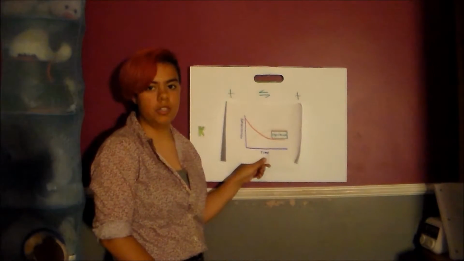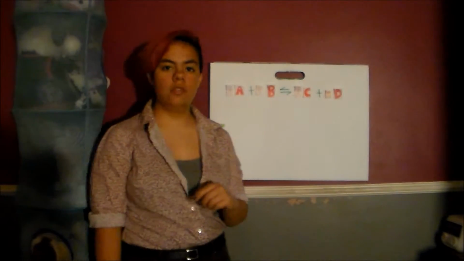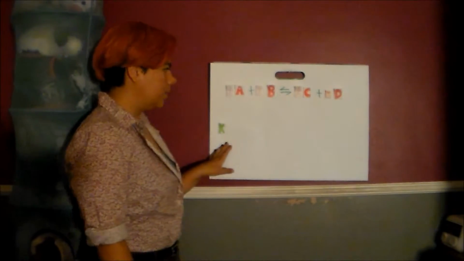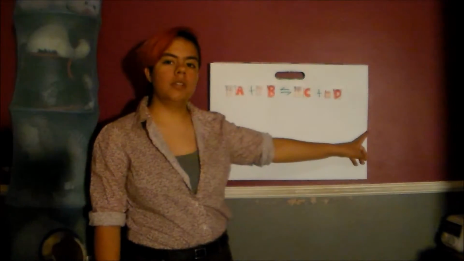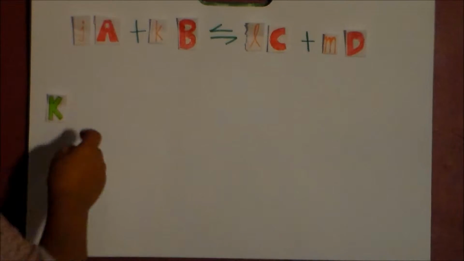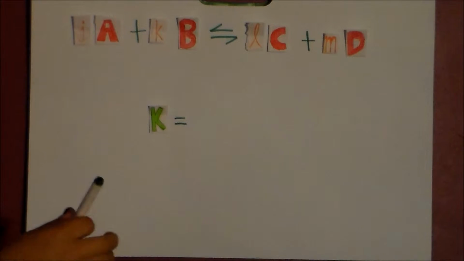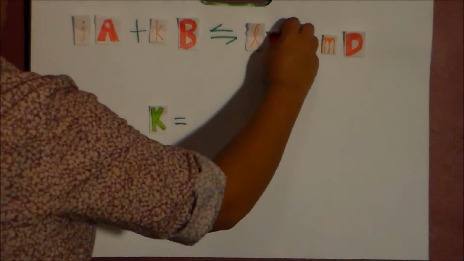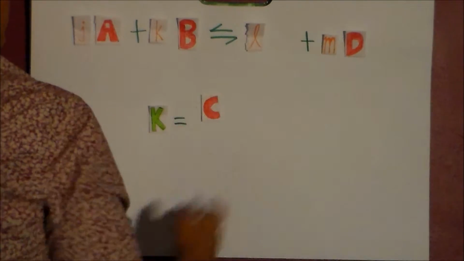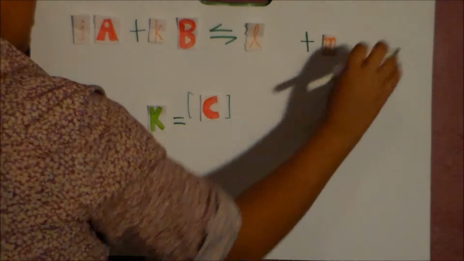So now that we actually know what equilibrium is, we can use that information to find an equilibrium constant K. First we're going to look at a generic chemical reaction according to the law of mass action. To find our equilibrium constant K, we're going to take the products over the reactants. So here are our products, and take C times D,